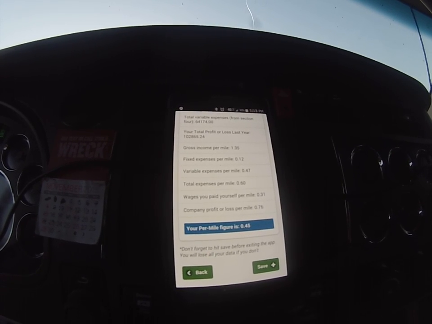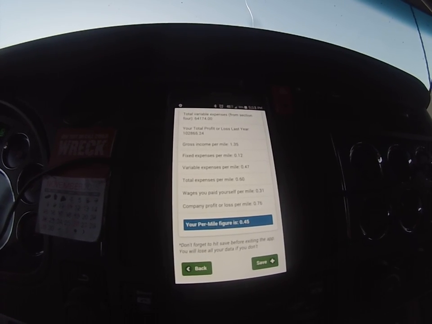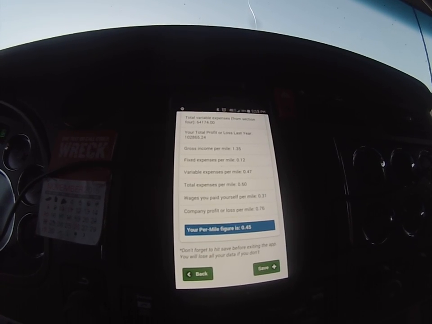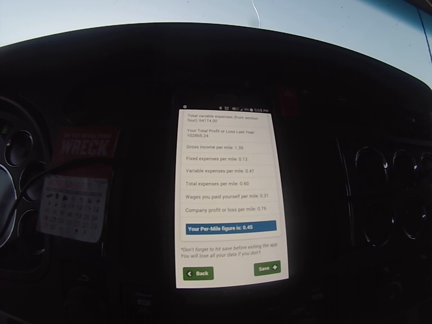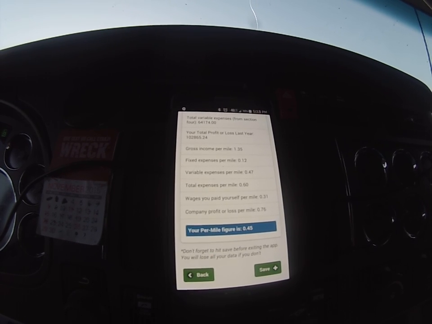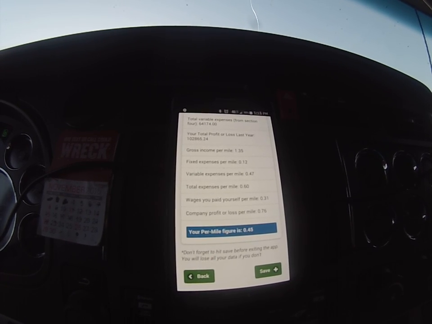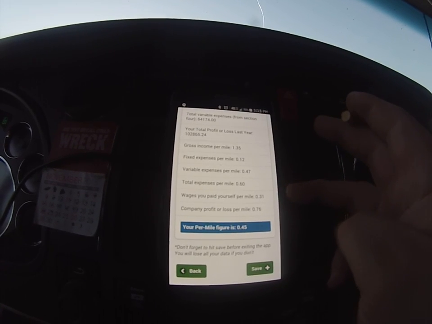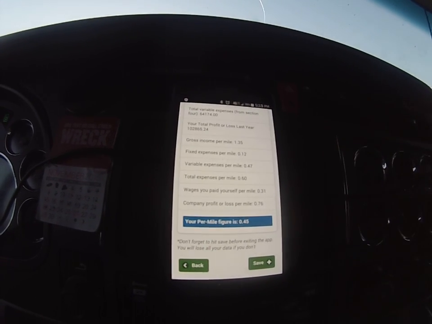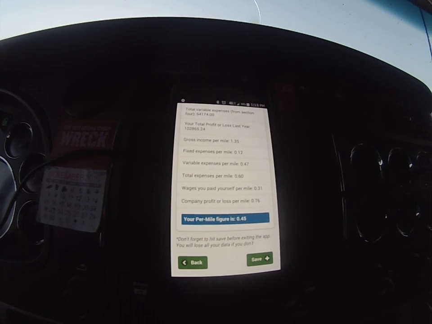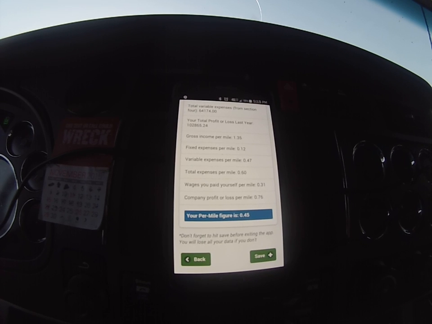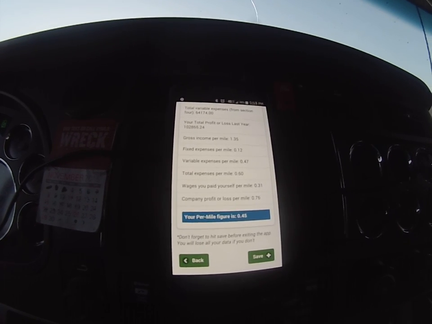well, no, that's not right. I might be reading that wrong. Let's see, that'd be 40, 50, 7, 8, 9, 59 cents a mile, so let's say 60 cents a mile. Okay, it's costing me 60 cents a mile, and I'm profiting 76 cents a mile. But with me paying myself, that brings the company's profit at 45 cents a mile, my profit at